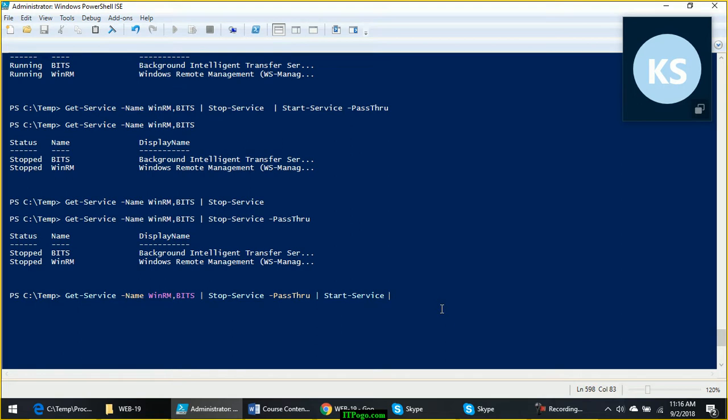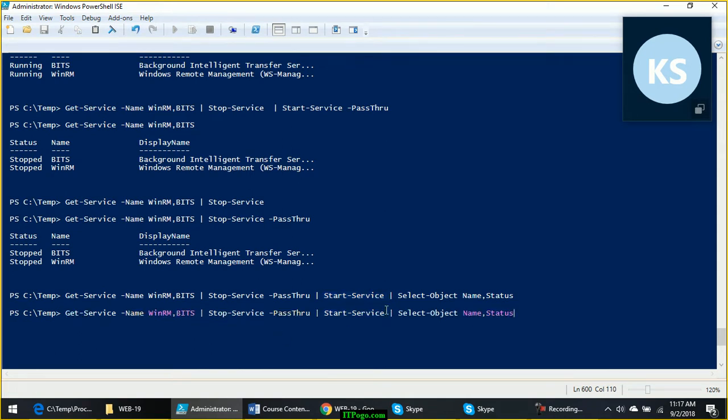Let me show you. Now here if I use hyphen select object and I want to use only the name and status, two properties, I will not get anything, because I am not allowing the objects to flow further in the pipeline at this point.